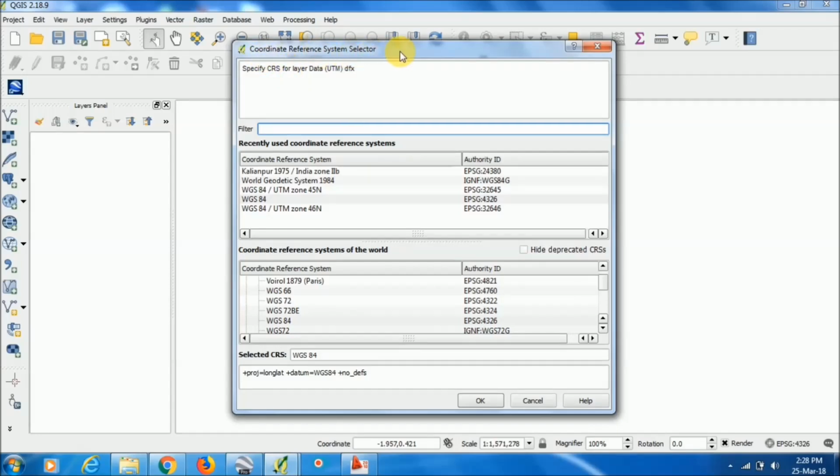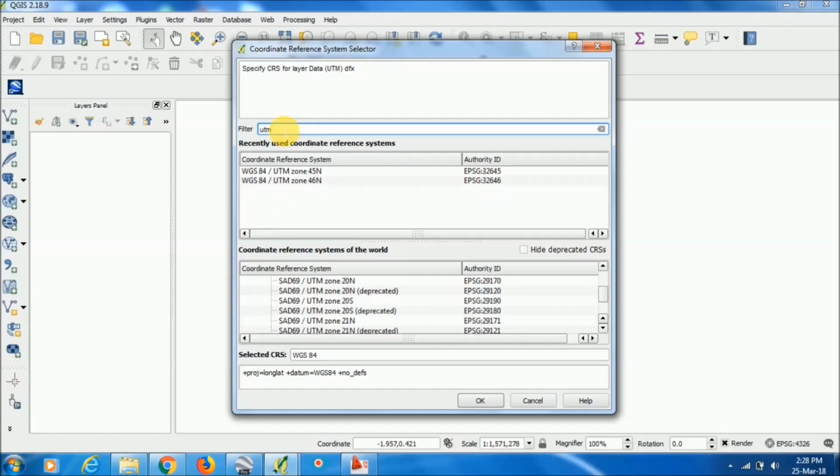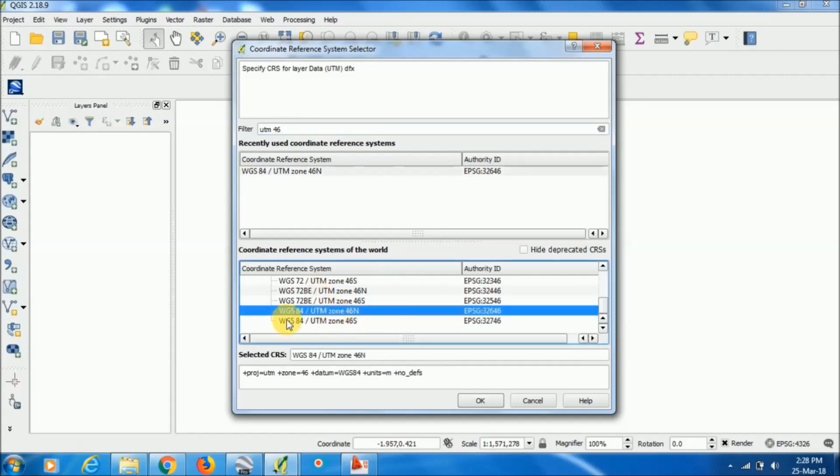I have told you that my example is related to UTM zone 46. So in the filter option I will search for UTM 46 north. In the coordinate reference system you will find UTM 46 north or south. As my data is UTM zone 46 north and WGS 84, I will choose this one. Now okay.